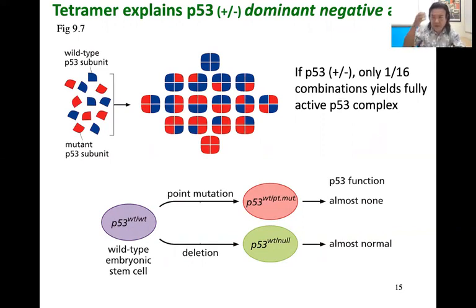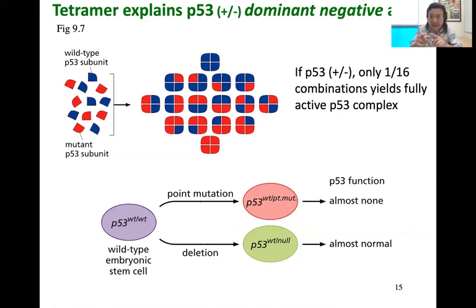In p53, if you're plus/minus, those baby mice die a bit earlier. It's because p53 functions as a tetramer. So imagine a cell whose genome is p53 plus/minus, in other words, one copy, maybe the one that came from mom, is wild type, while the other copy, the one that came from dad, either got mutated, so there's a point mutation in it, or maybe it got some allele that doesn't function right.